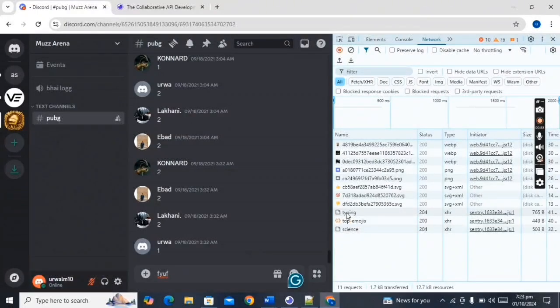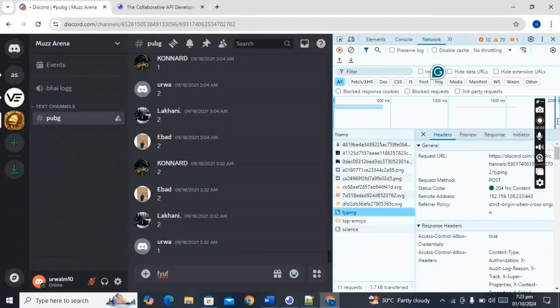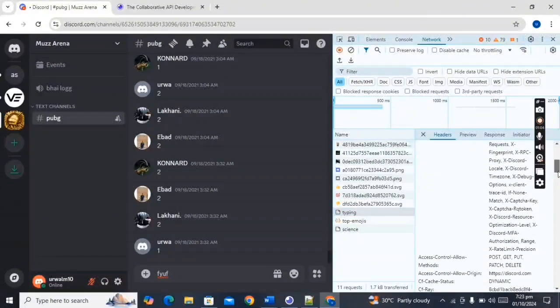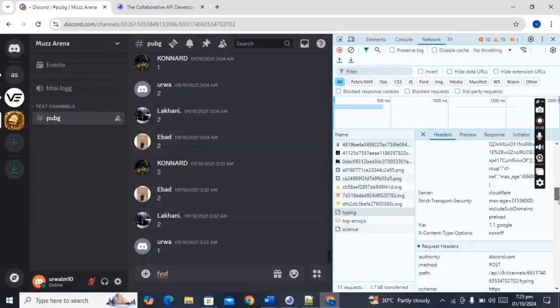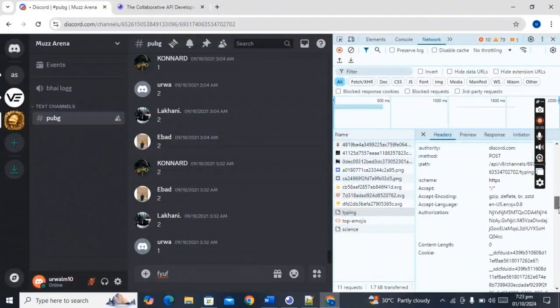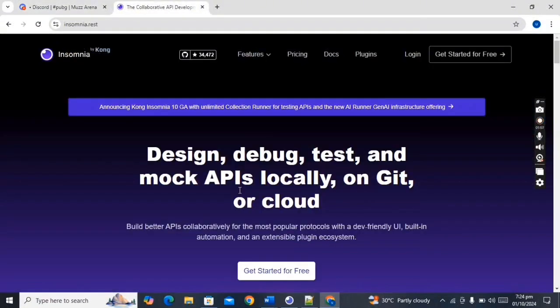Now click on typing, then scroll down and find authorization. Here, copy the code and go to the Insomnia website. Create your account and then install the application. After installing the application,